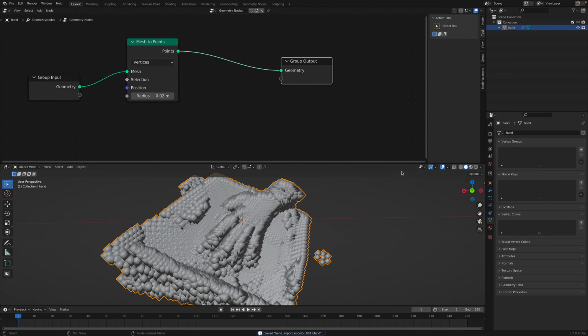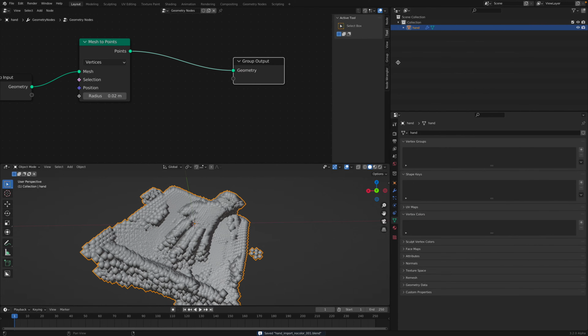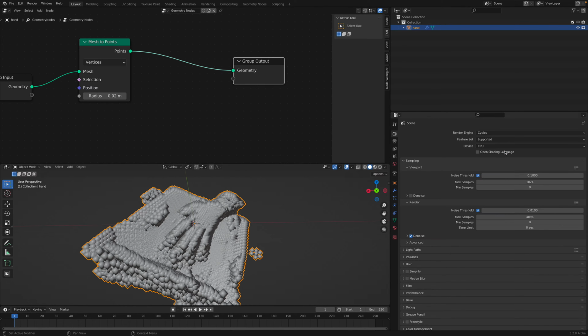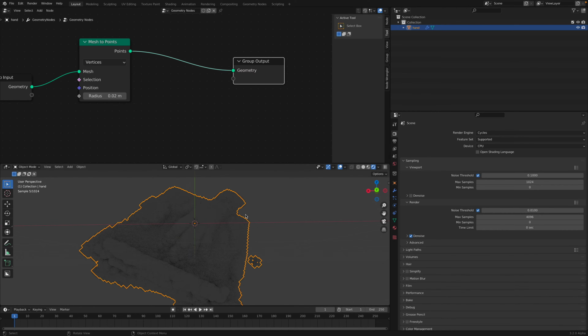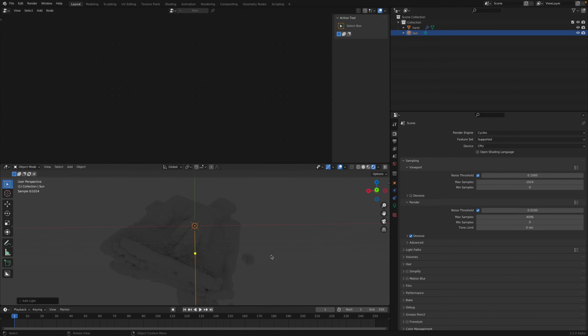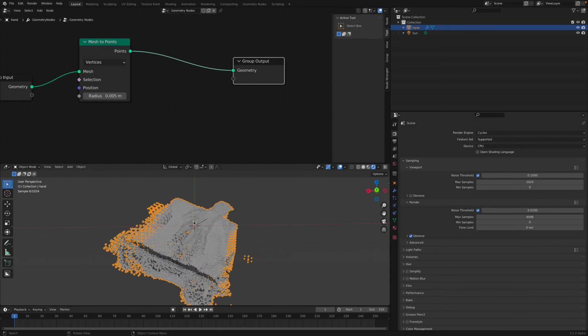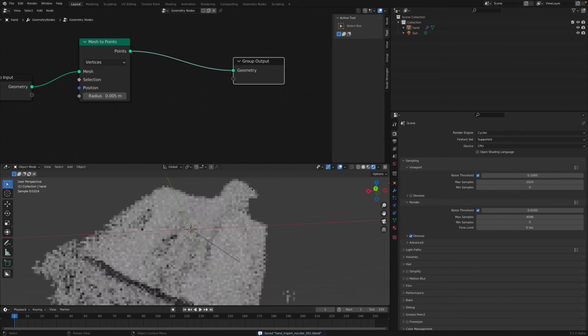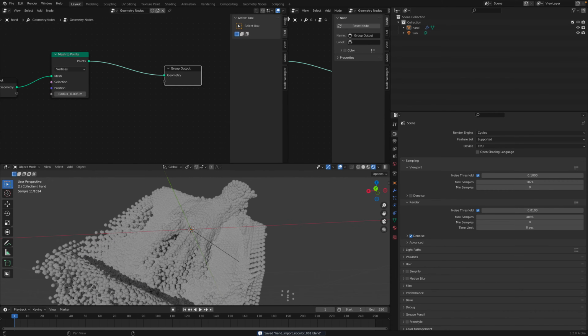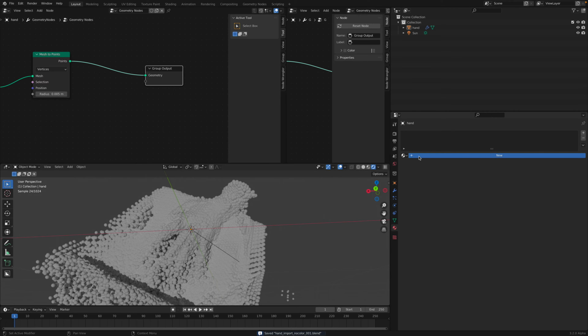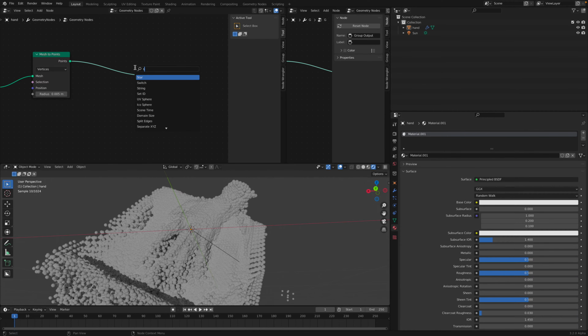Okay, and we want to render this out. Apparently we can do that with Cycles now. We can add light, so let's say this 0.005. Okay, we have points, and with the shader itself, if we apply a material, set material,